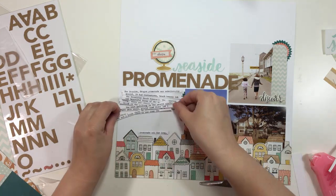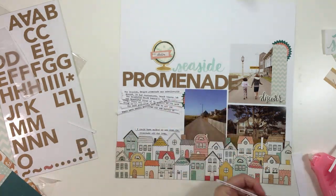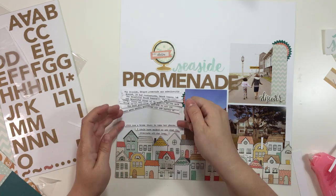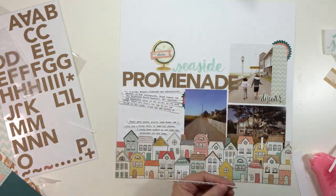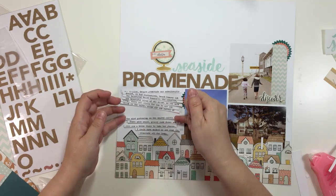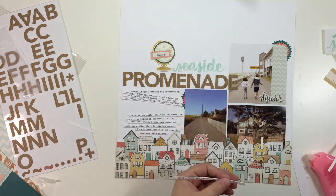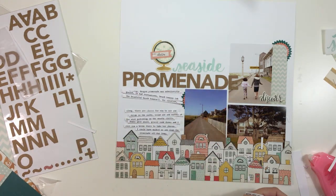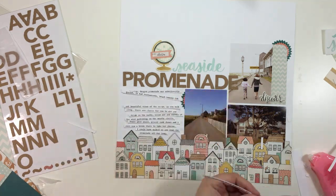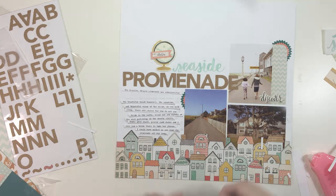I'm just trimming off the edges, and I like the way that bottom piece fits in between the two peaks of those houses. So I'm going to rest that in there. I always like to find little places where I can snuggle things in or overlap things because it makes things feel cohesive, like they belong together. So I'm going to end up adhering all of those little strips with some Scotch Quick